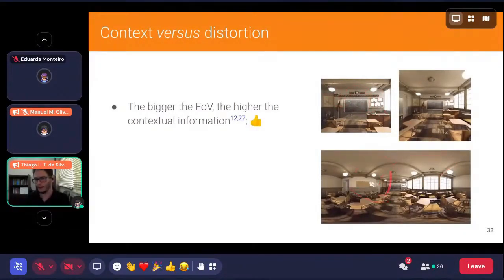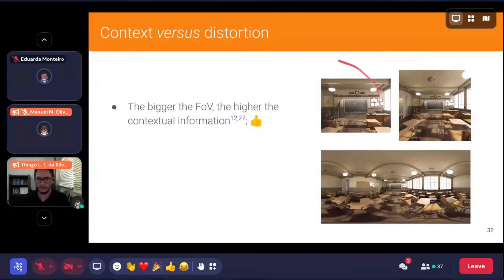Here we have a rectangular representation of the same scene in the same position. And here we have one face of the cube map representation, also from the same scene in the same position. What we can see here is that the smaller the FoV, the field of view,